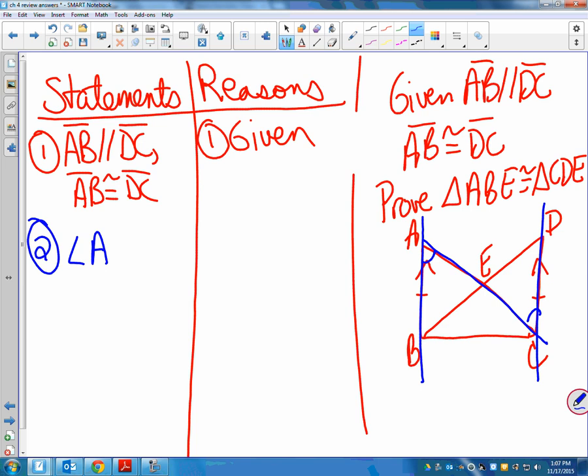So if we do three letters, A has to be in the middle. We could do B, A, all the way to C. Or we could just do B, A, E, since the triangle we're trying to prove is triangle ABE. That's what I would do, but both would be right. Or you could just say angle A. Just know that all of those are okay answers. This is probably why people hate geometry. Then I'm going to say angle BAE